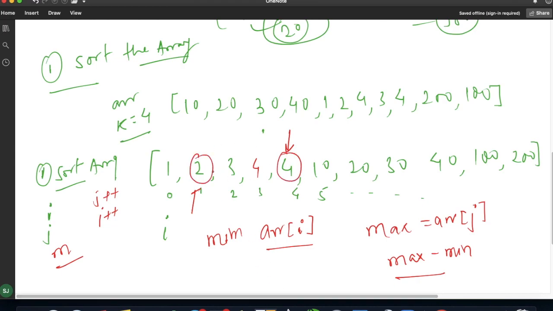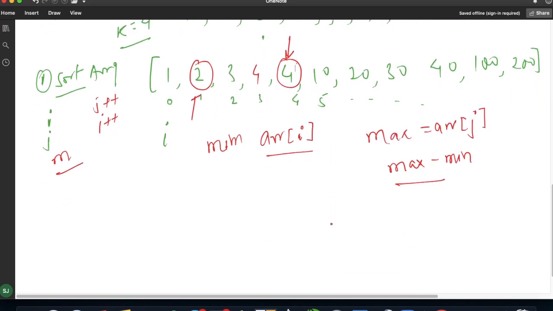For the very first iteration, max minus min was 4 minus 1, which has value 3. Now I have updated my m with this value.